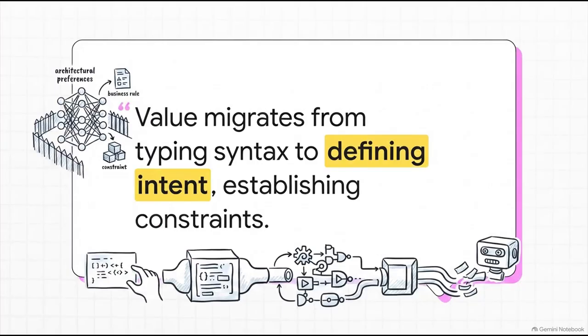This quote really hits the nail on the head for our mindset today. Value migrates from typing syntax to defining intent. What this actually means is that you are no longer just a human code generator, right? You are a systems architect. Because AI models, for all their incredible power, they just can't guess your implicit business rules. They don't know your architectural preferences or your unstated trade-offs. Your new job is translating abstract engineering problems into structured constraints that an agent can actually reason against. You set the goal, you establish the boundaries, and the agent, it handles the syntax.